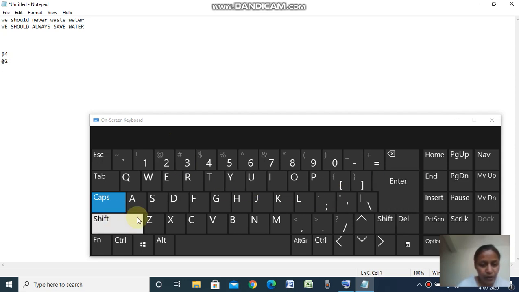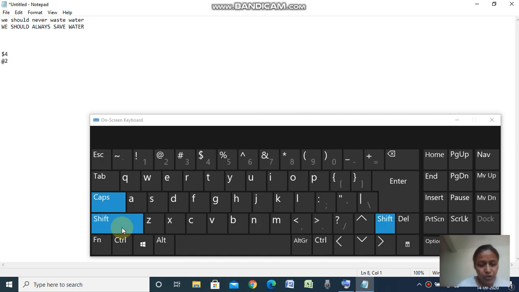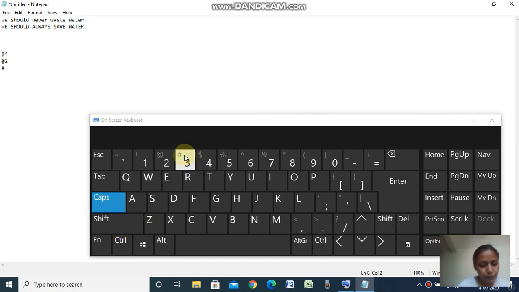In the same way, press shift key. So children, you can see how we are using shift key to type upper character.